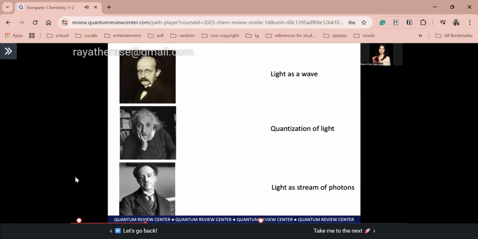So mag-checkpoint muna tayo saglit. So, matching type tayo. Okay? Who discovered who? Si Max Planck guys, yung pinaka-first. Ano na-discover niya? Yes, it's the quantization of light. How about Albert Einstein? Yes, it's the discovery that light acts as a stream of photons. Lastly, si Louis de Broglie. Yes, light